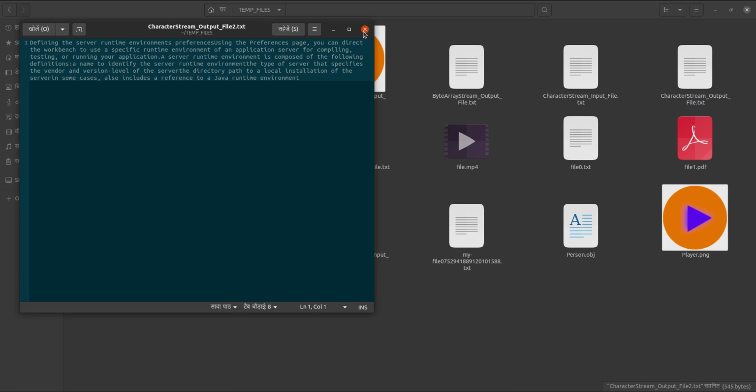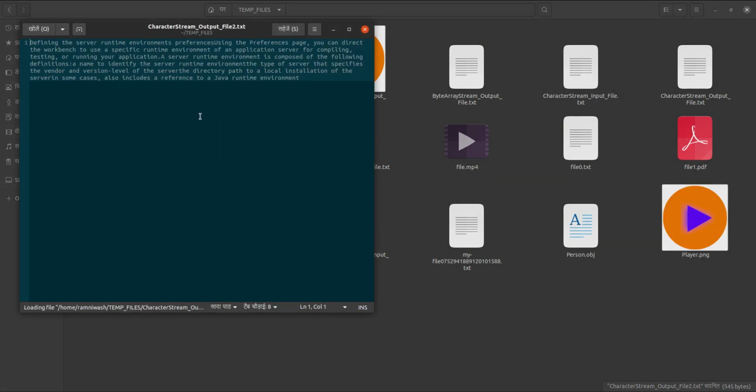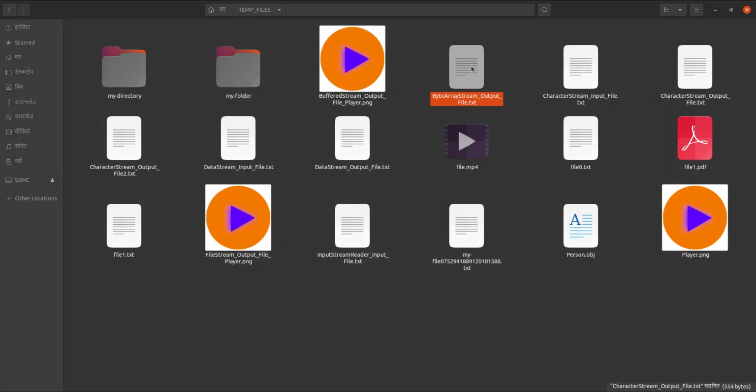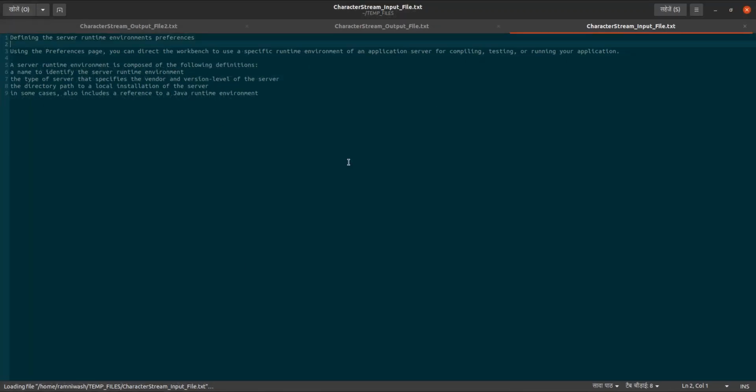Okay, but here you see one difference after lines. Here, inside this one, this is our actual file. Sorry, yeah, this is our actual file, and using this reader and writer, you will see the same content.